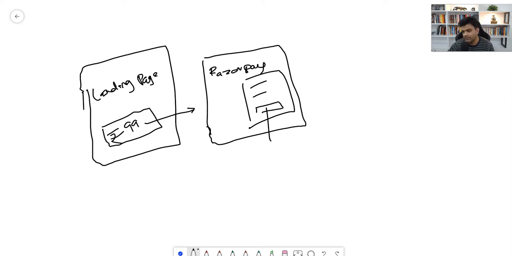There are multiple options like UPI, net banking, credit card, debit card, wallets, everything will come in this option, because India is such a country that there are so many kinds of payment options available.